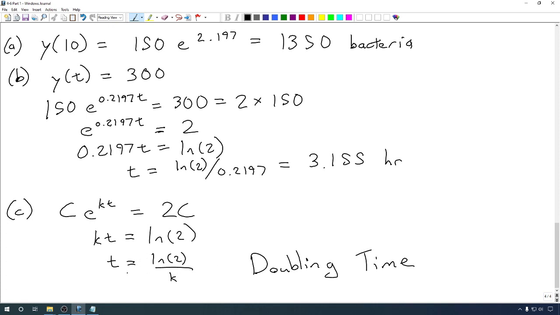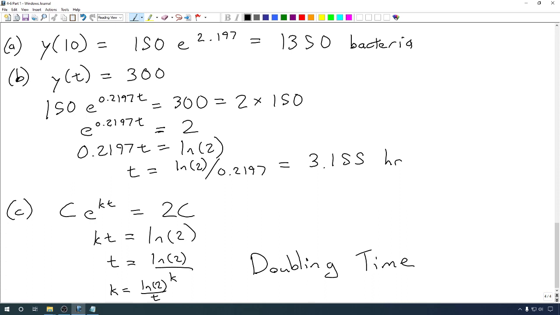And the doubling time, you can essentially derive the k pretty quickly. You can solve this a different way and say that k is equal to the natural logarithm of 2 over t. If they give you the doubling time, you take the natural logarithm of 2, divide by t, and it gives you the k value. So that's a frequently given way of approaching this. Now note, this only works for exponential growth,